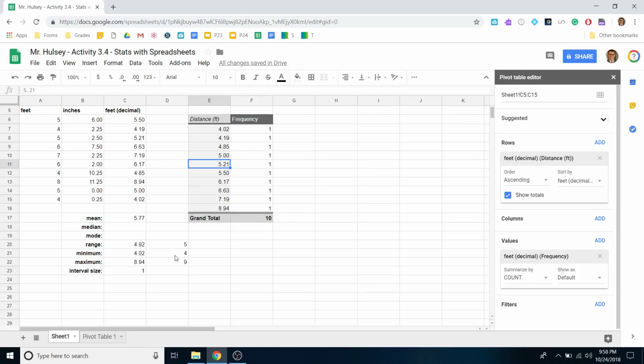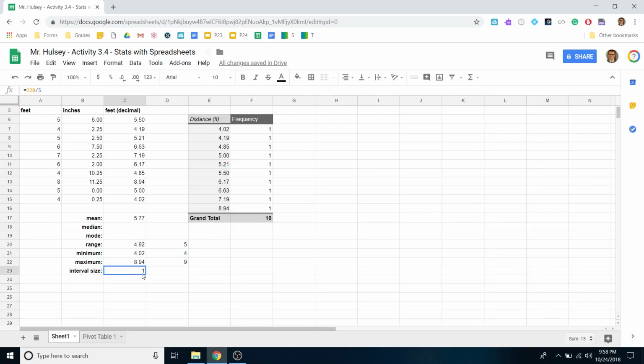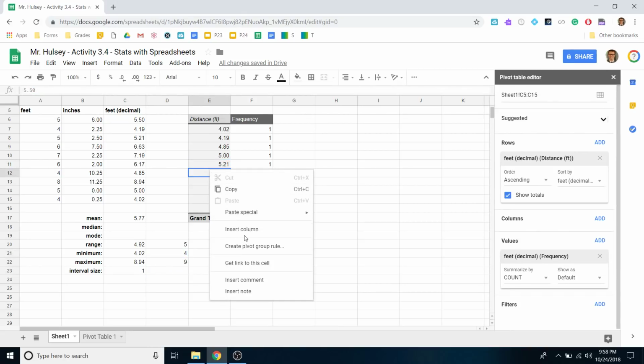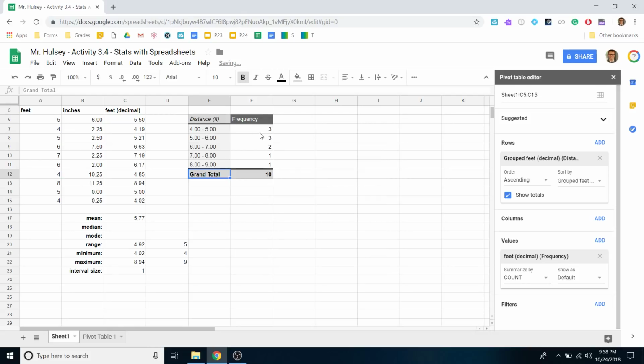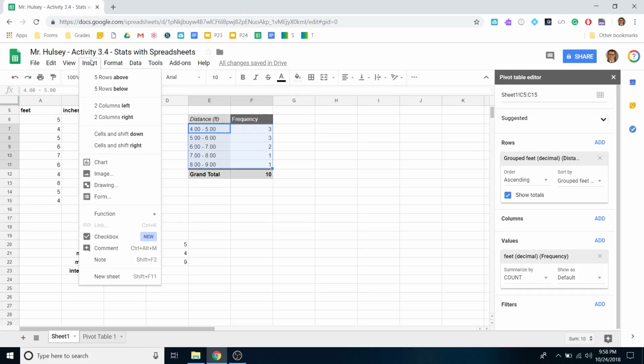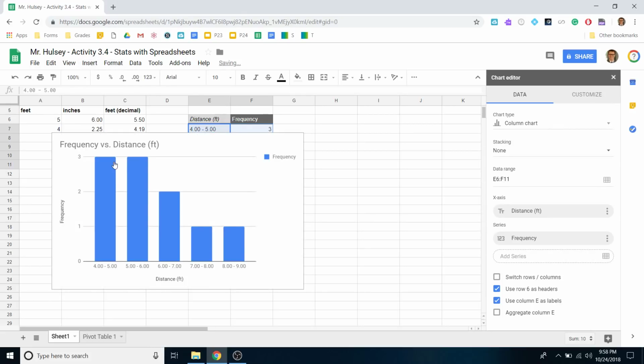So now that I've got these 3 values, minimum, maximum, and interval size, I can create my pivot group rule really well. Minimum is 1, maximum is 9, interval size is 1. Coincidentally, it doesn't always have to be 1. So now it gave me 5 groups, 1, 2, 3, 4, 5, and it gave me the frequency of data in those groups. So now if I highlight these 2 columns and then hit Insert and Chart,